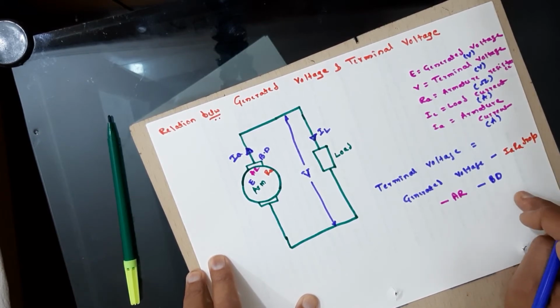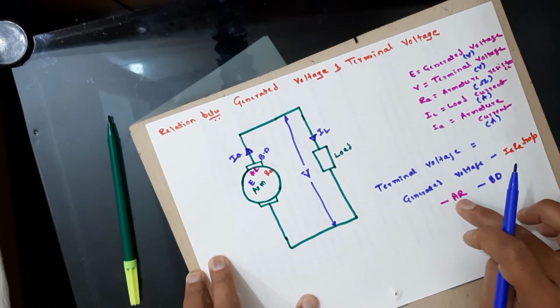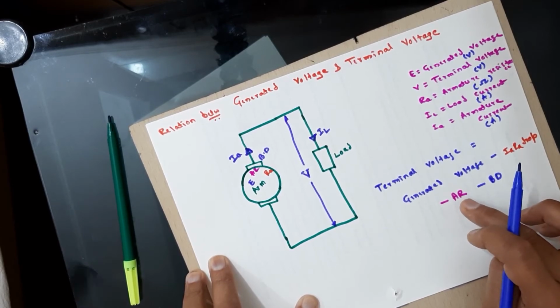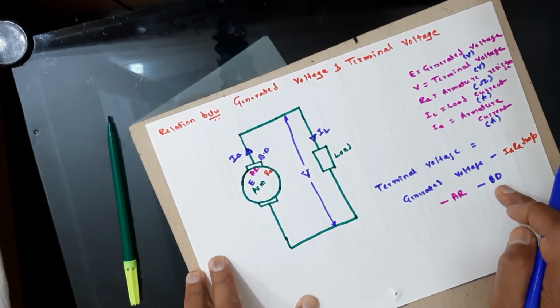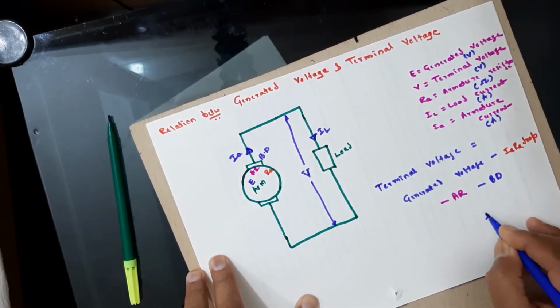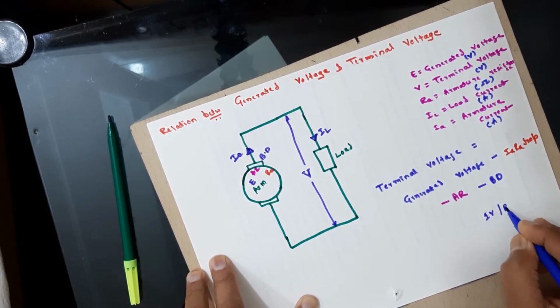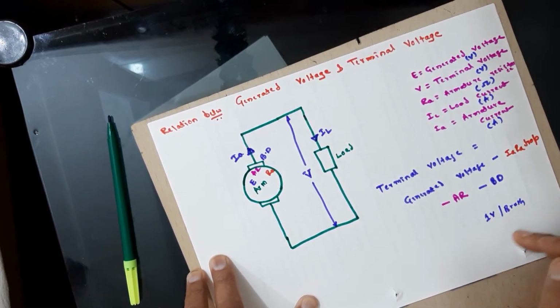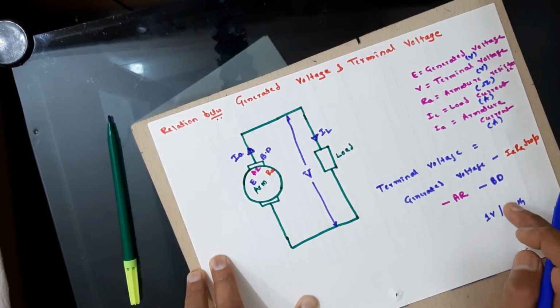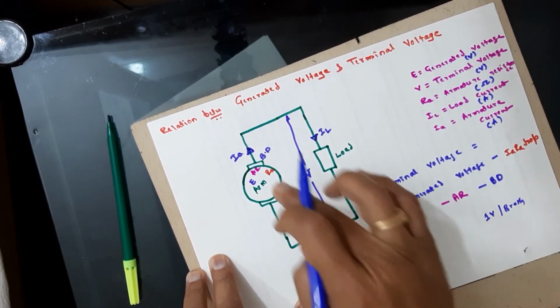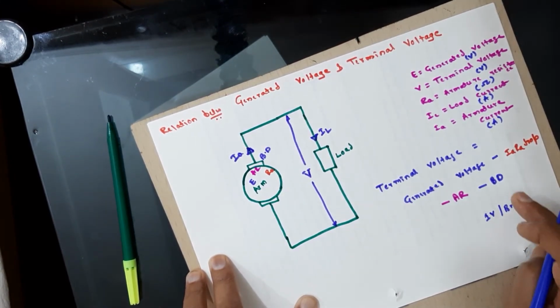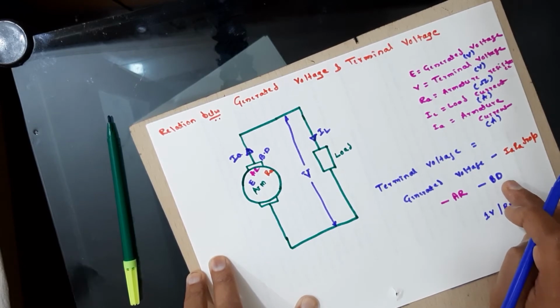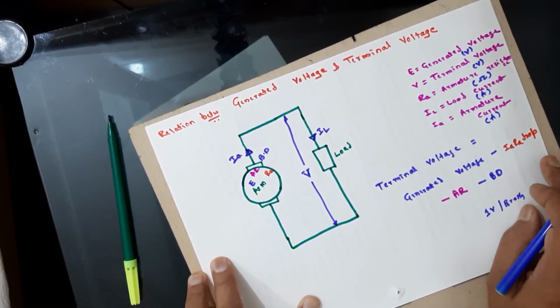In some of the numericals for first and second semester students, the effect of armature reaction is usually neglected. If it is given, you have to take care of it, otherwise you can straight away neglect it. Usually the brush drop is 1 volt per brush, and as a standard value it should not exceed this. There are two brushes here, a positive brush and a negative brush, so you have a total brush drop of 2 volts. Once again, if this factor is given in the numerical, you have to consider it. Otherwise, you neglect it.